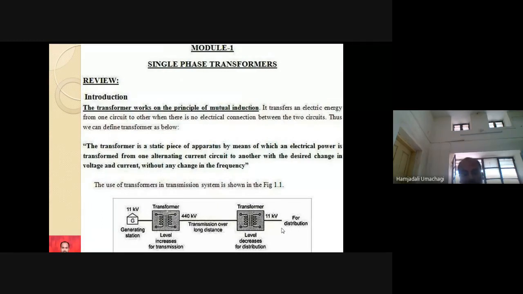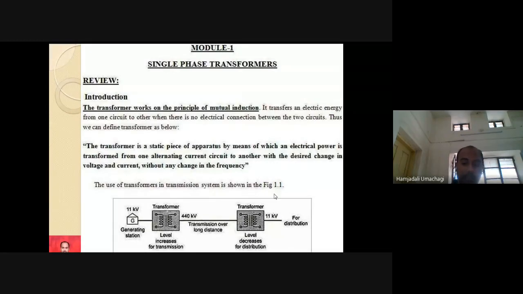Only for industries or some commercial applications like malls and colleges, where the connected load is very high, are we going to make use of three phase power supply. So always remember, for household application 230 volts is sufficient. For high power applications like industries, a flour mill, or any production industry, the power requirement is high. In that case you cannot depend only on single phase power supply; there we should also make use of three phase power supply.